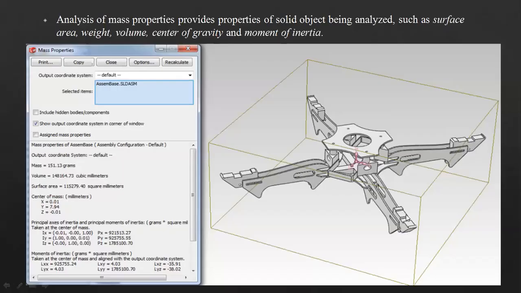Here you see, here the motor will be attached. So let me show it here. Here the motor will be attached, right? So that load is what we are simulating. Instead of modeling that motor and applying that load, what we are doing is basically just having a point load, okay, and that will simulate the motor basically. So that load is applied there, okay, and that point is fixed, isn't it? It is fixed to that middle part of the quadcopter.